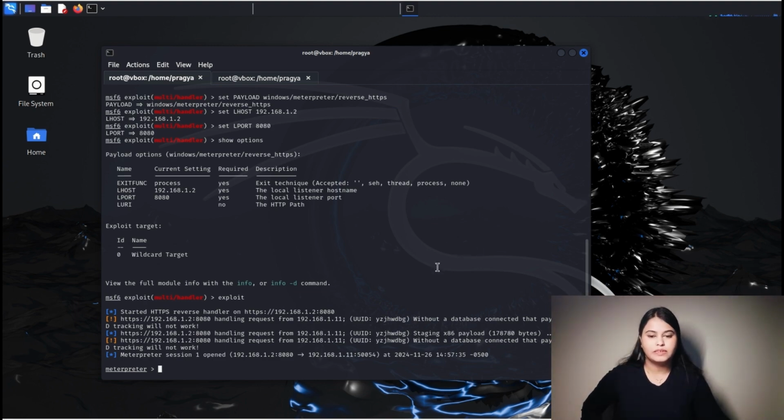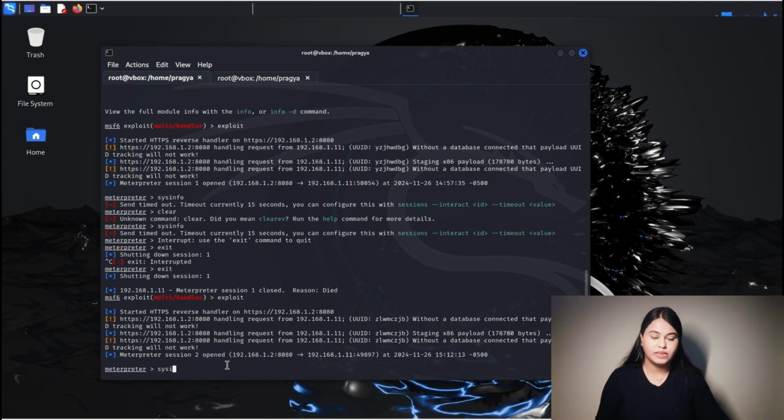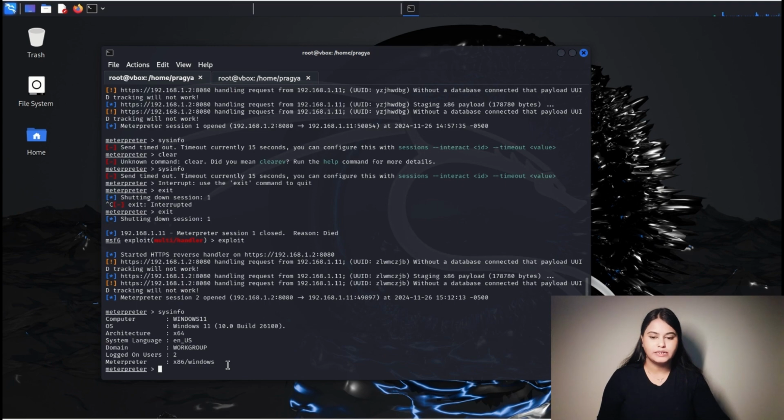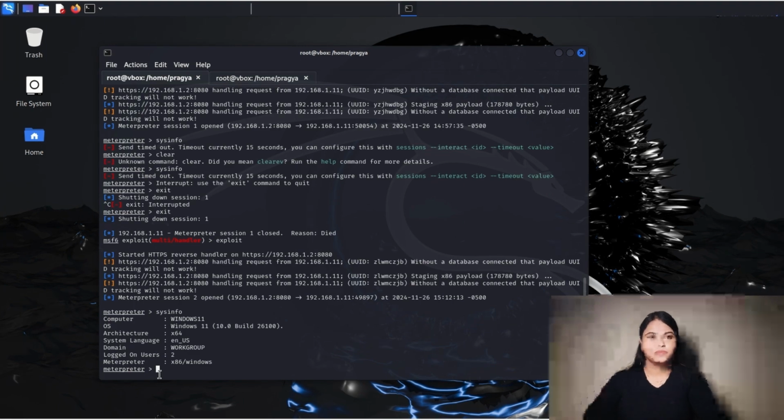So here we can see by using sysinfo, we can get all information regarding the system which got hacked, like computer, Windows 11 OS, the build, architecture, system language, domain, logged on users, and meterpreter. So these things we can understand.